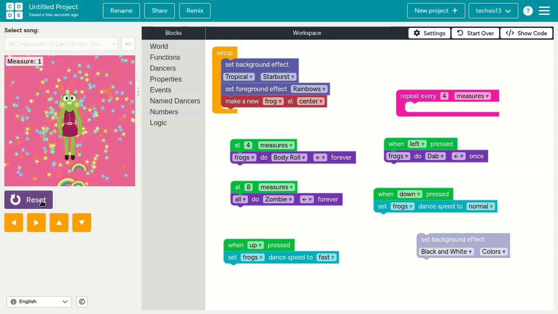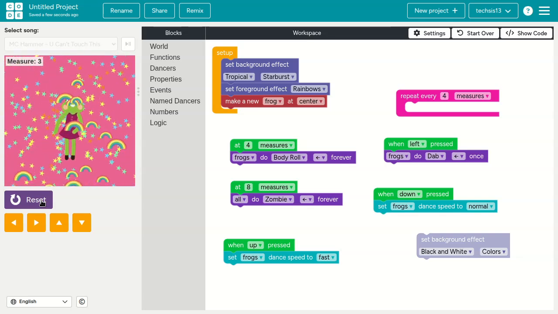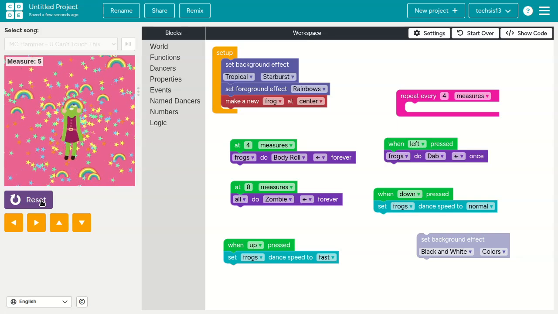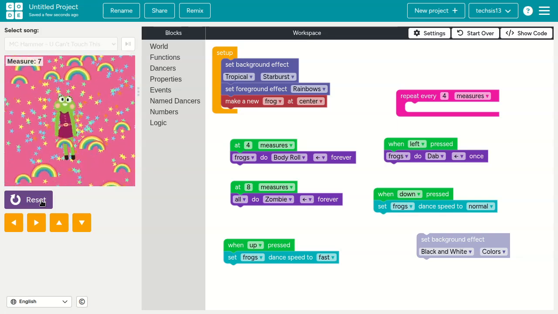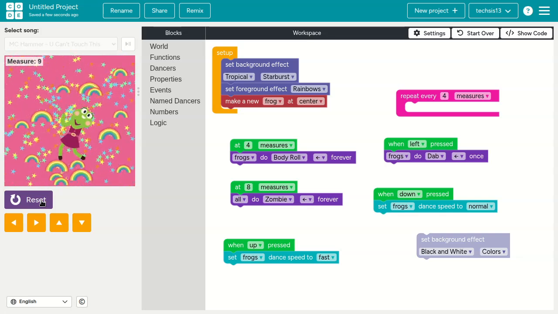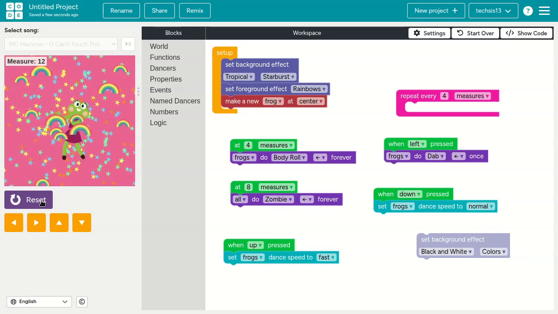Speed her up. Okay, back to normal. You see that more, I guess, once she starts doing body rolls or whatever. So there she goes fast, right? So that's in fast mode. I press the up arrow to get her to do that. Right, going nuts. And then slow back down to normal.